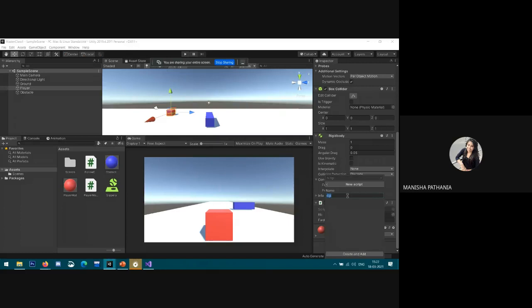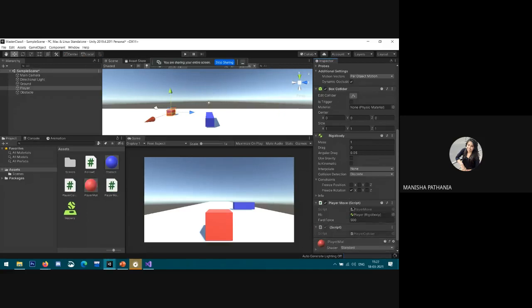Just name it as player collider, say. We need to add a collider.